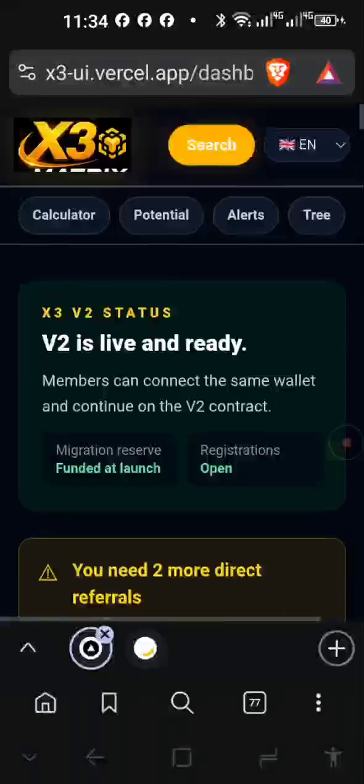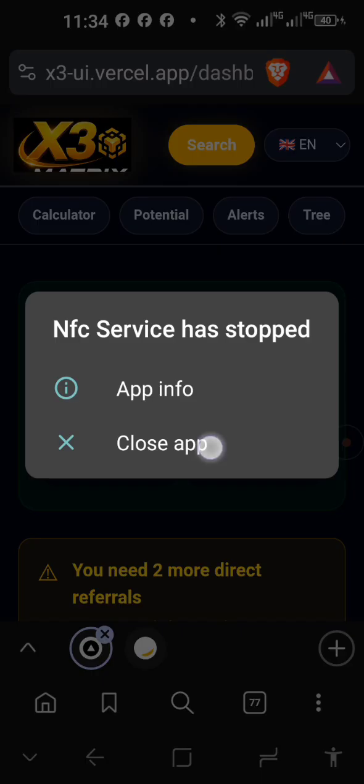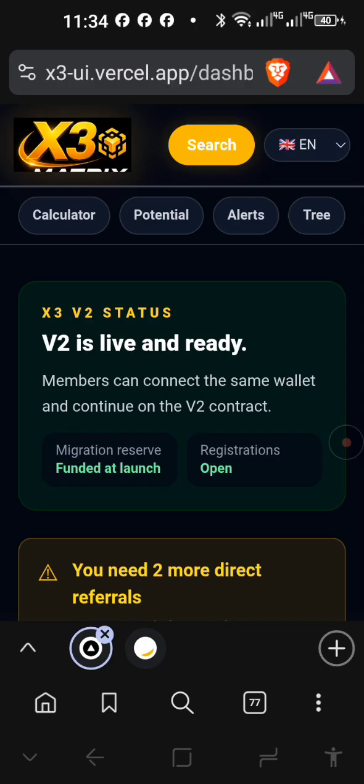As I said, there's total freedom in here. You decide how fast you want to benefit from X3 Matrix. The main thing is that the smart contract code cannot be changed. It will operate until the last day that the internet exists on planet Earth. It will operate this way. No one can stop it. It does depend on participation. It does depend on market conditions, which is out of our hands. But the biggest thing is that the trust issue is taken care of here. You do not have to trust any person with your funds, because there is no human being handling your funds. The smart contract manages and distributes everything according to the rules.